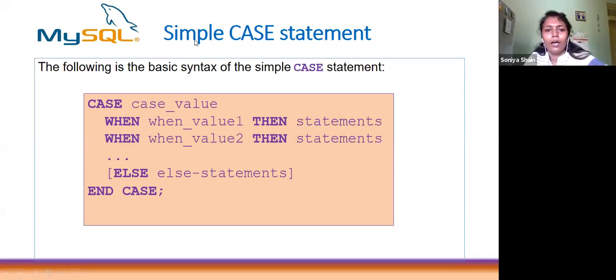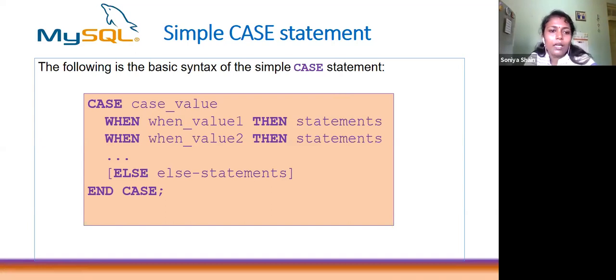Case statement, its syntax is like this: case value. So what is the variable name? You are setting the group of conditions, in which variable you have to set as a case value. That's the variable name. Then when, which value? If it is a variable, what values does this variable hold? That is the when value. You have to tell when which value is there, then do some statements. Then, after the case, here you have to use when.